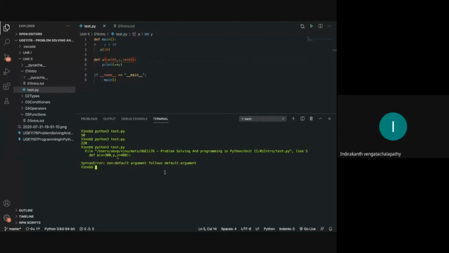So the value of a, which is given as 20, goes to x, no, sir? There is no a here. A is a function call. Okay, the 20 value is taken by x, correct. The y, there's no default value. See this, it is a syntax error. If you have a default value before your non-default argument, it is an error. So your entire default argument list should be after your non-default argument list. Okay, sir, got it.